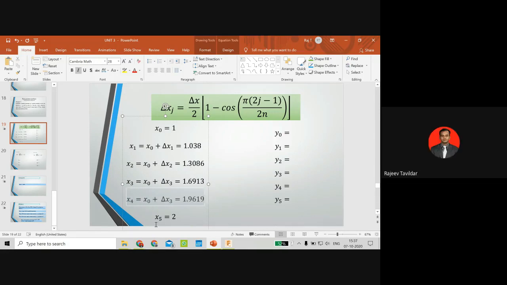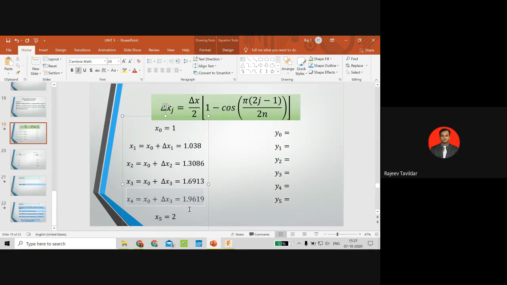Now those who have done it in your calculator, you will be getting all these answers very quickly. Those who have not done it can use the equation or the table mode. In the table mode, if you just put this equation, all the values will come. If you go for the fifth precision also, the value will be the same as 1.9619 only. Whatever you got for x4, the same value will keep on repeating for x5, x6 and so on. So it has reached a saturation point over here.